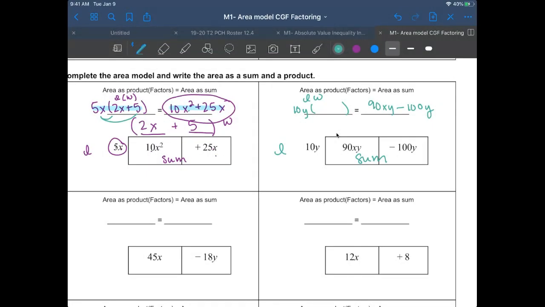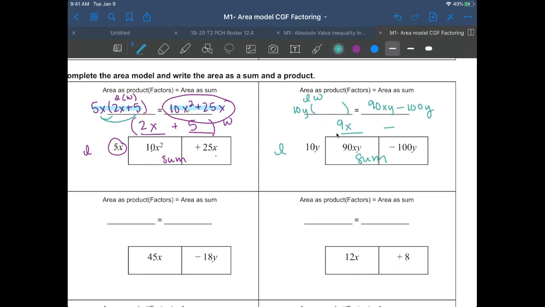So 10 times what gives me 90? 10 times 9 is 90. And then it looks like I'm missing an x, so I need to multiply 9x times 10y to give me 90xy, minus